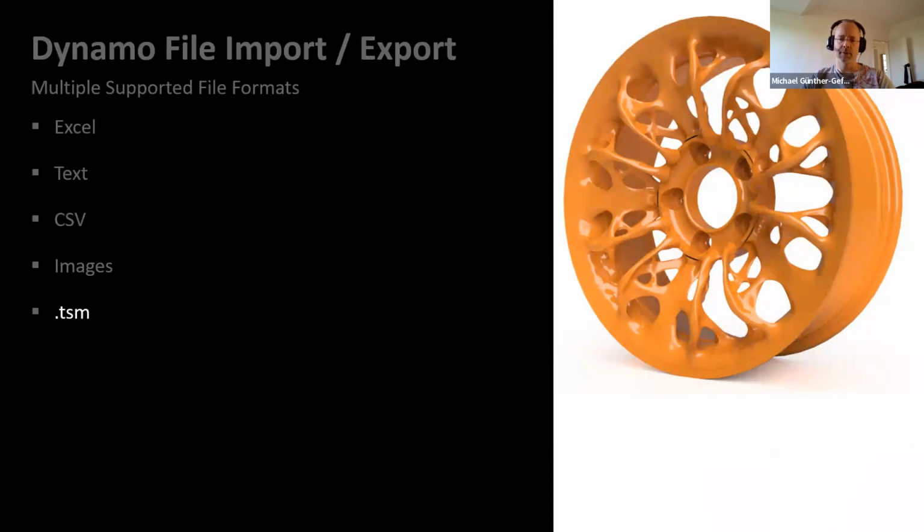Then this is an example where a colleague of mine was working with Fusion and wanted to get data exchange between Fusion and Alias. At that point in time, we didn't have the TSM data exchange. So TSM is the T-Spline data model which the T-Spline library uses to save the T-Spline topology surfaces. So I was using Dynamo as an intermediate application to be able to read T-Spline files from Fusion into Alias and backwards. Meanwhile, we've introduced this